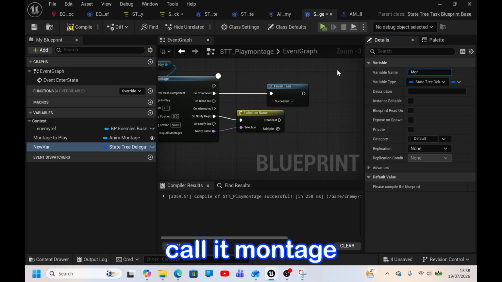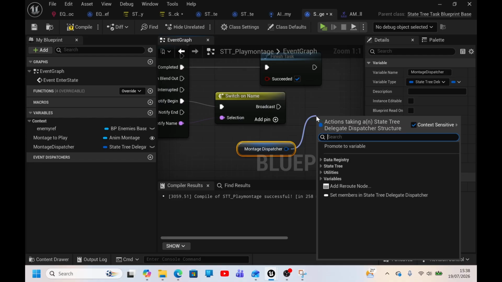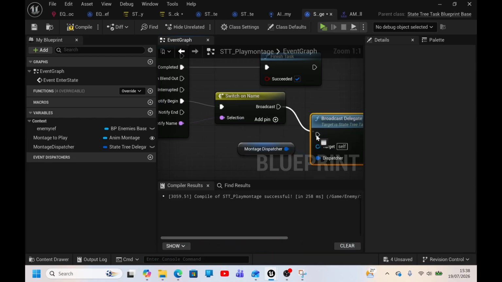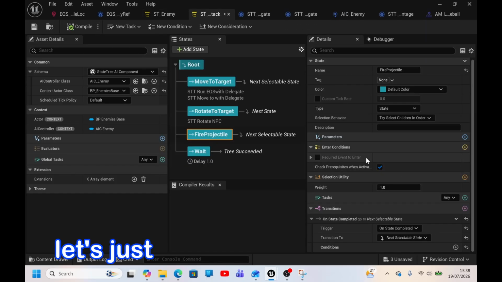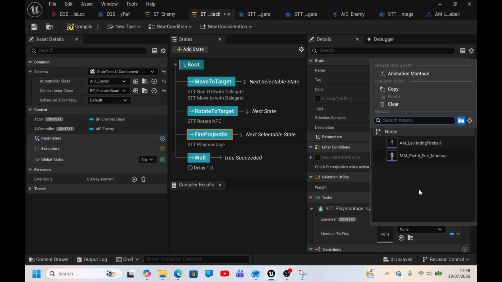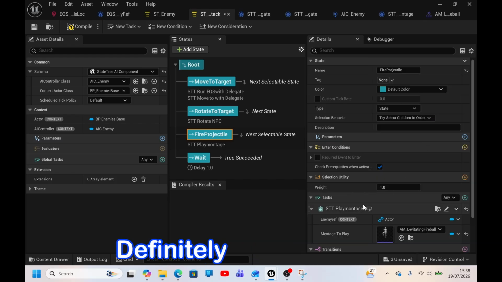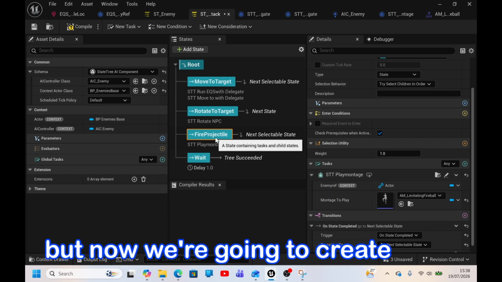Call it montage dispatcher, and I'm gonna broadcast delegate. So this will call it on that place there. And let's just add this to the track. So task, play montage. Definitely want hour one. And yeah, this will be the finished track, but now we're going to create a